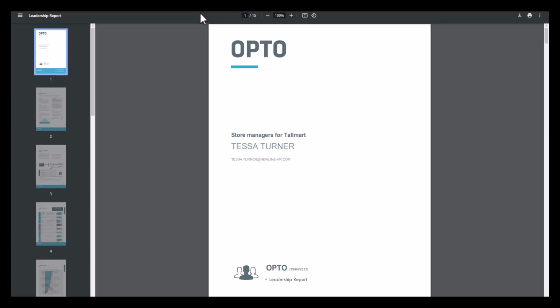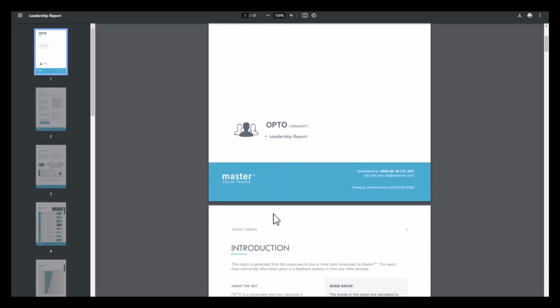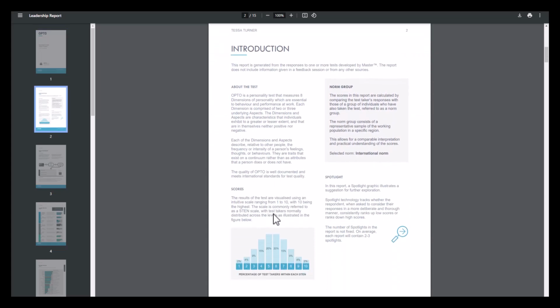It is called the Leadership Report and begins, like all our other reports, with a cover page that includes the name of the assessment and of the test participant, and it also indicates what type of report it is. The second page is an introduction page. As usual, it provides information about the OPTO test itself, the norm group used, how it is distributed across the